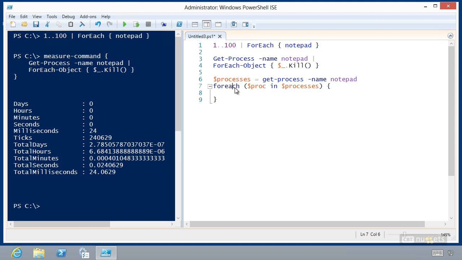You'll notice that the color coding for this foreach is different than the color coding on this one. This is not a command, and I am not piping anything to it. It's a scripting construct. So inside the parentheses, after the keyword in, I give it a variable that contains one or more objects. You see, this one conveniently contains one or more objects because I've used a command to retrieve